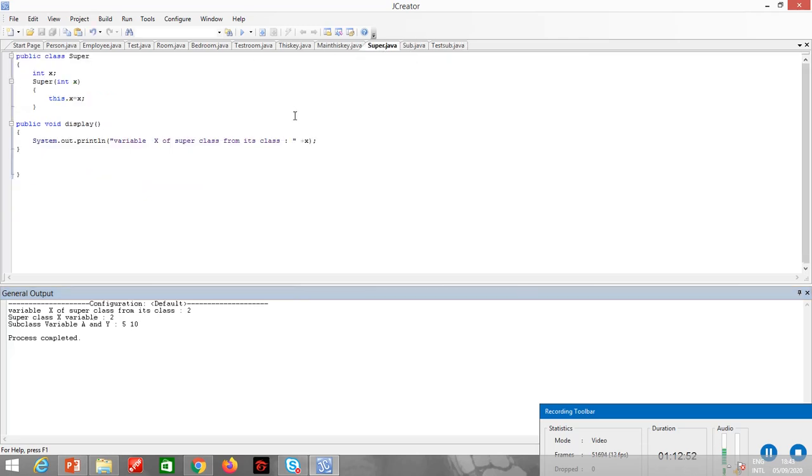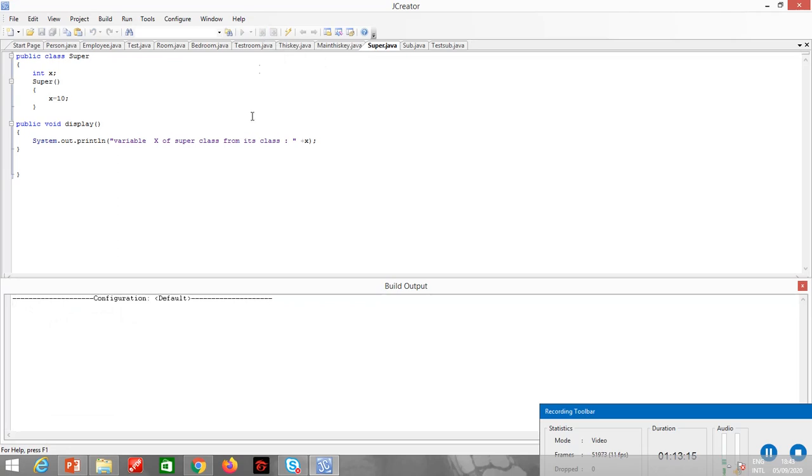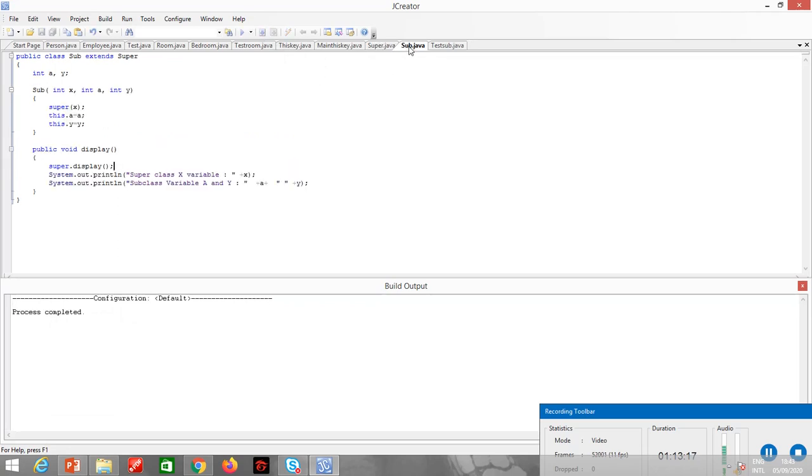Alright, now what if the subclass and the superclass have the same name for the variable, as I was trying to do? Let's try it. Let me make it a parameterless constructor. Let me make x equal to 10. So my superclass has a parameterless constructor. Now I come to parameterized. I make a parameterized constructor in the parent class.